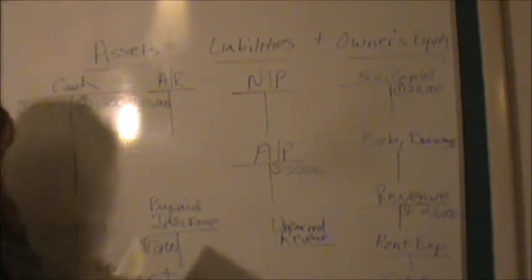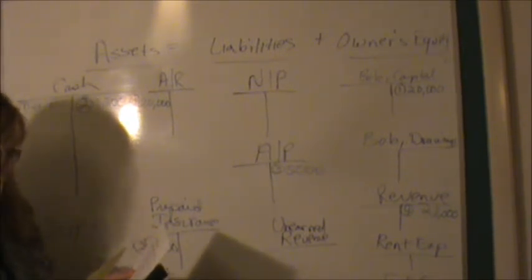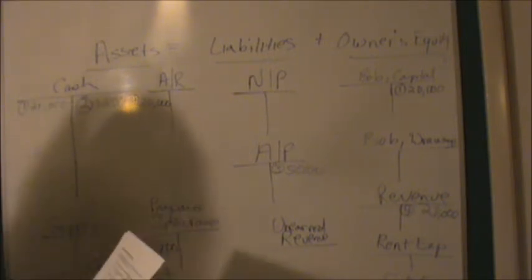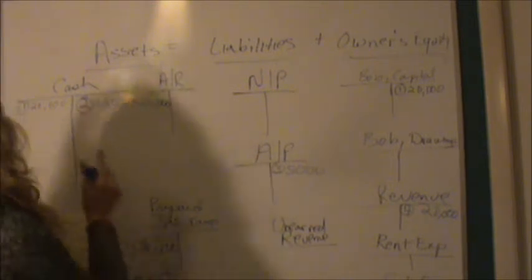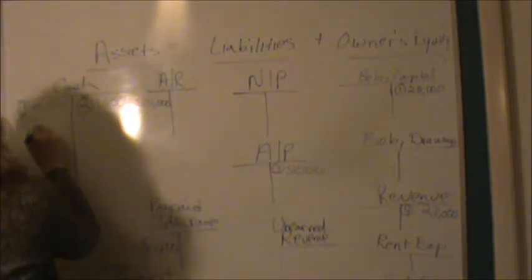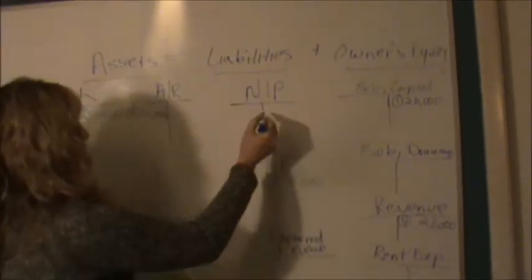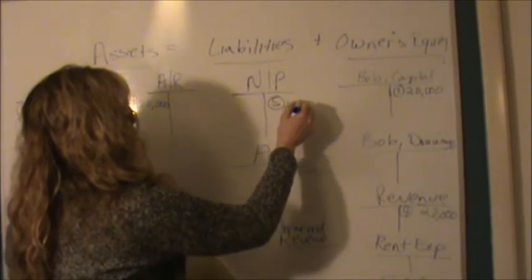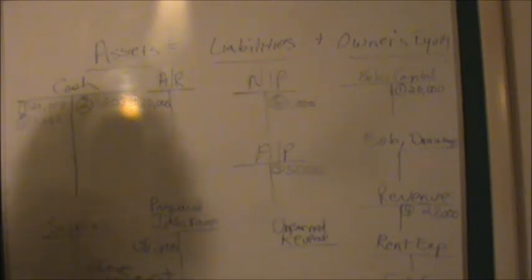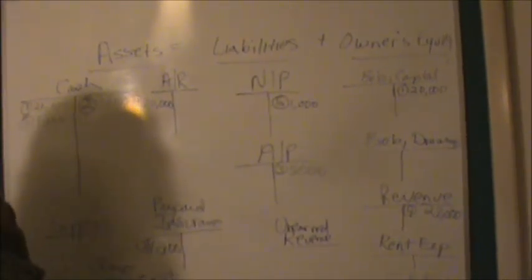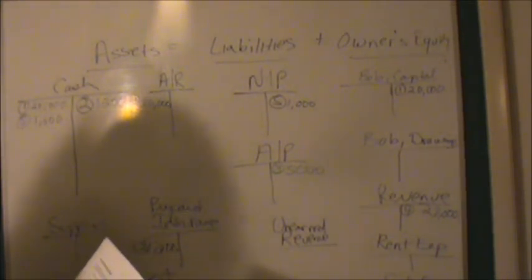Okay, the next thing Bob does is he borrowed cash. He signed a 2-month, 5%, $1,000 note payable to get some cash. So we got cash, right? So we're going to go ahead and debit cash for the $1,000. And we're going to credit notes payable for the $1,000, right? So we're increasing our notes payable. It's not an asset, expense, or owner's draw account, so we must credit it to increase it. The next thing Bob does is he